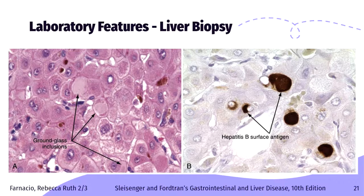So here you can see a liver biopsy of the chronic HBV infection, and this is characterized by mononuclear cell infiltration in the portal tracts. So here you can see,